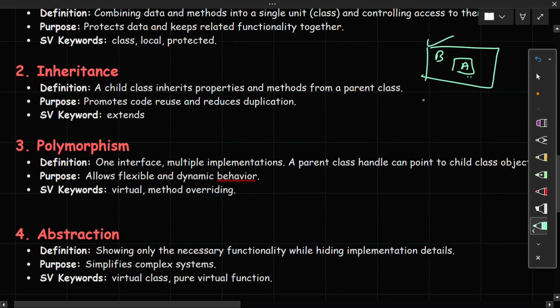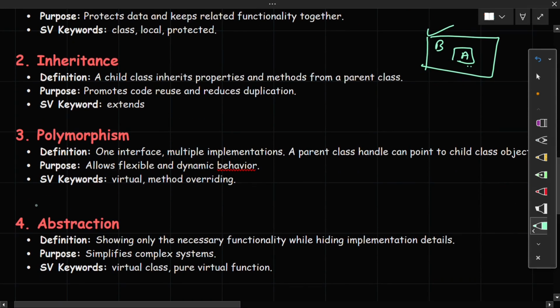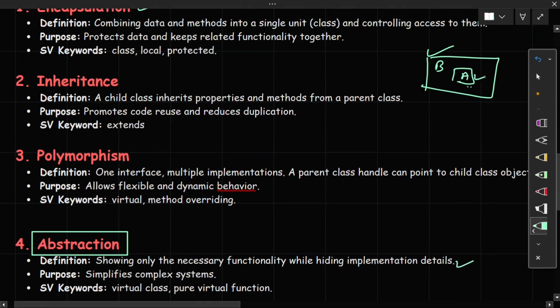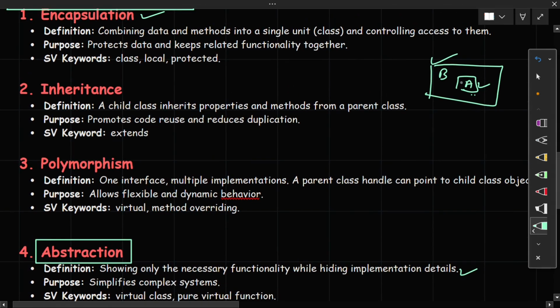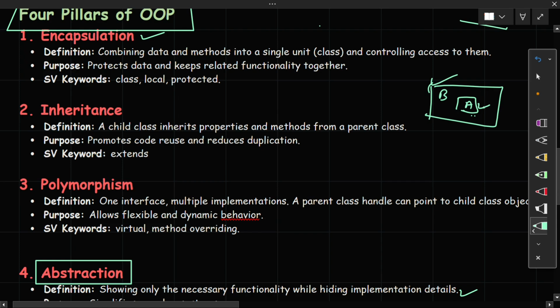That A, which you cannot see because of encapsulation, is abstraction. Okay, so these are connected things. Abstraction is showing only the necessary functionality while hiding the implementation details. Okay, you can hide this A, and if you are seeing this A anyway, when you have one wrapper around A or any class,